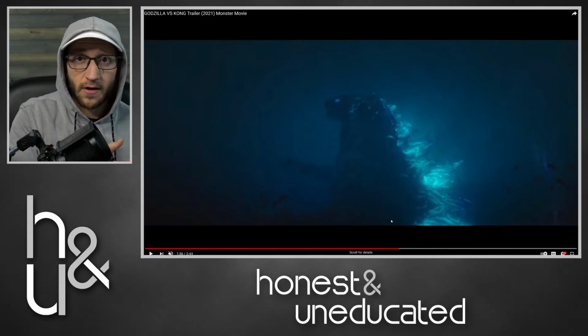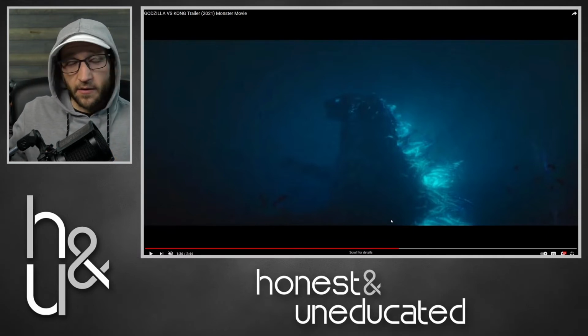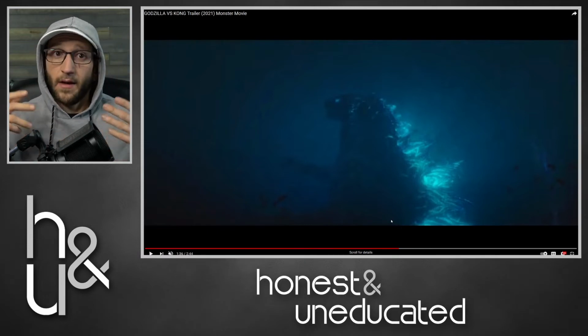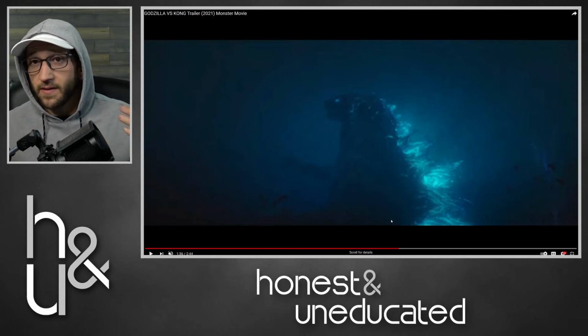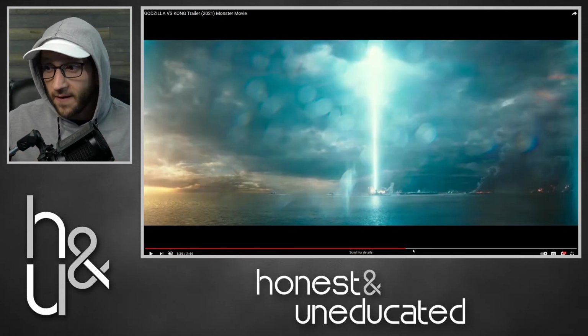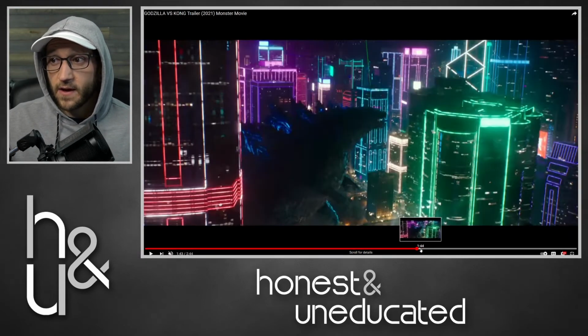Or a little shark, like a giant shark, I guess you could say. That's where he's going to be at his best, at range, maybe pull him in the water if possible. But really though, anytime they're on land, I think Kong's going to be able to dodge nuclear breath fairly easily, and he can get up close. And if Kong gets up close, I just don't really know what Godzilla's going to be able to do